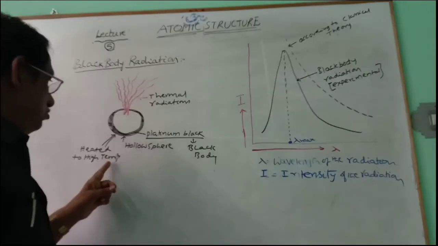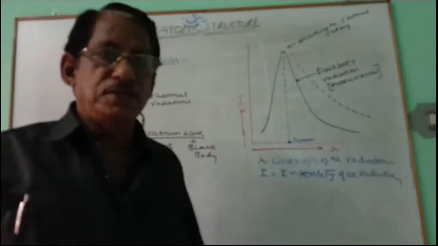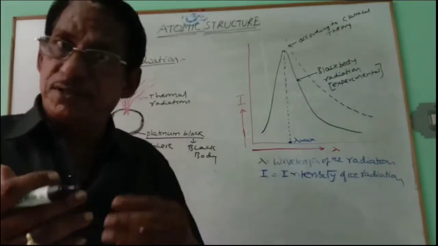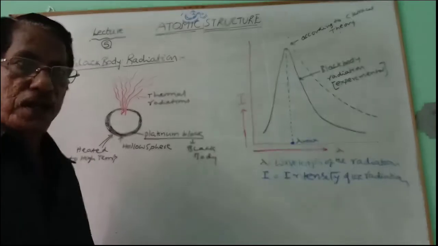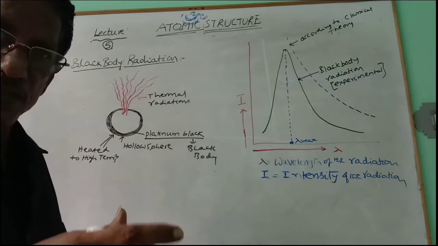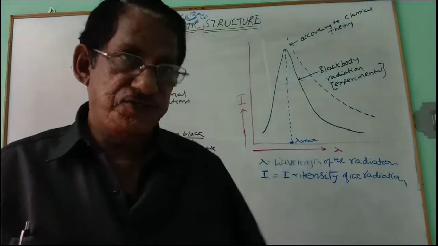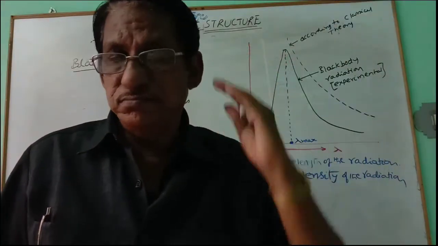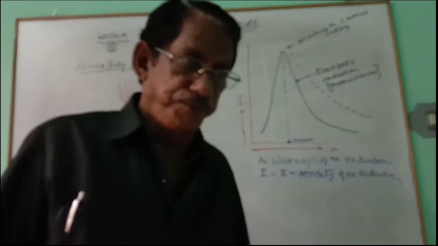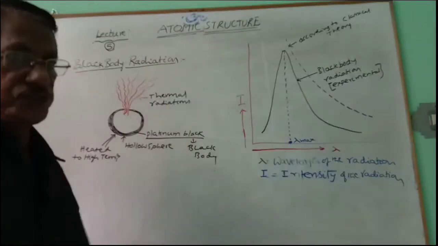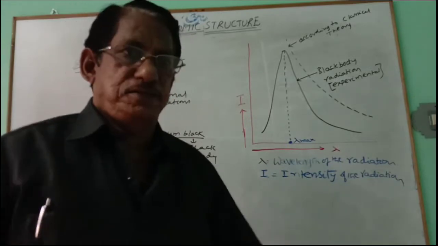Now this black body, after absorbing all the radiations, will be emitting radiations because it is a perfect absorber as well as emitter. So this black body is now emitting radiations. As this hot black body emits radiations, they are also called thermal radiations, different from light radiations, like the light coming from the sun. And this is thermal radiation obtained from the hot black body. What is the nature of these thermal radiations? Every radiation is characterized by its frequency as well as wavelength.